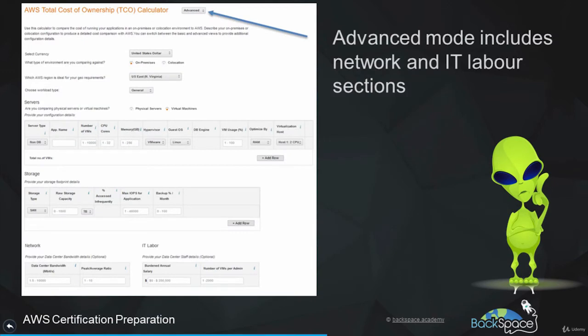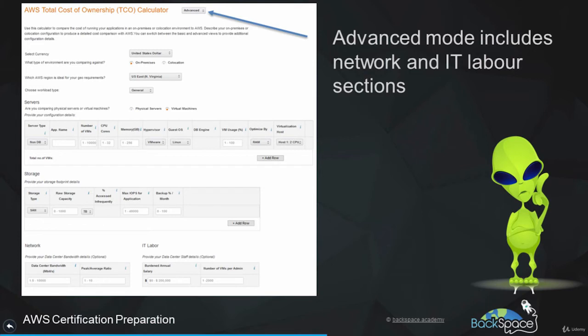So when you go to the AWS TCO calculator, you can see that there at the top there's an option for advanced or basic. The basic version just gives you servers and storage. The advanced takes into account server, storage, network, and IT labor. So what you do is you put in there what your existing architecture is and what your existing hardware and costs currently are.